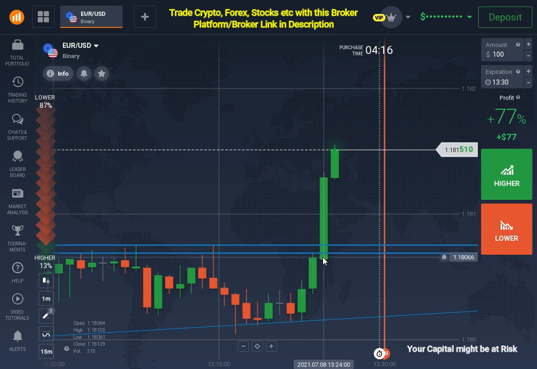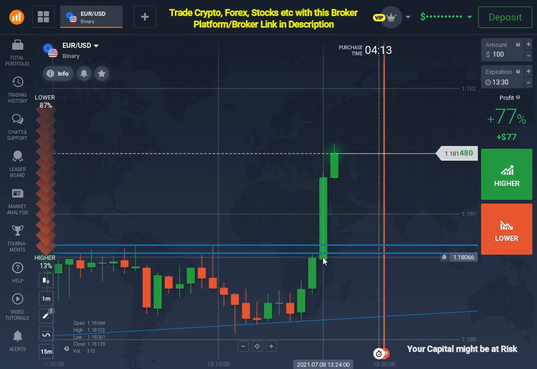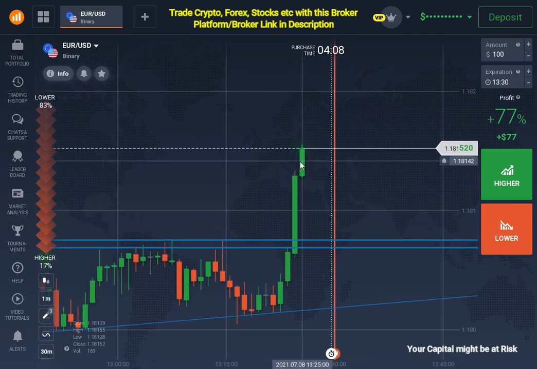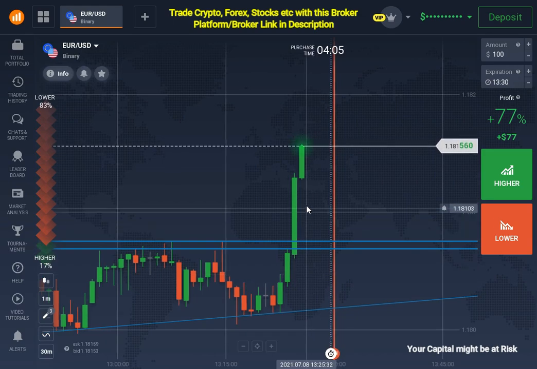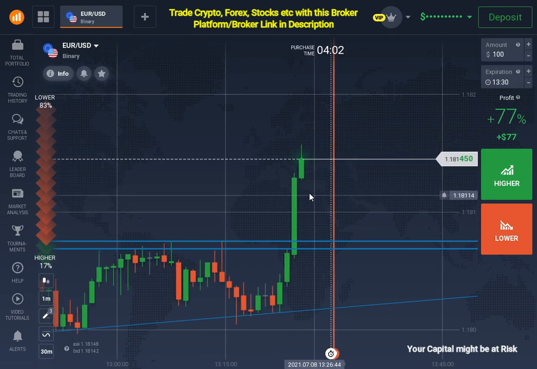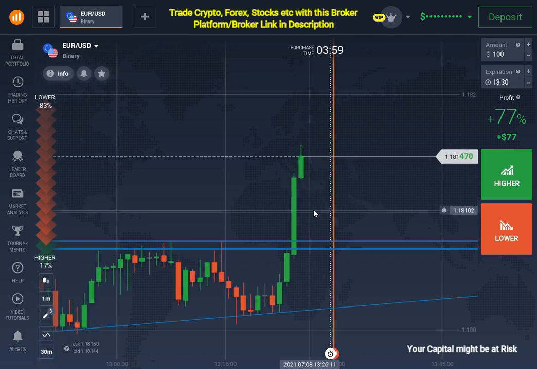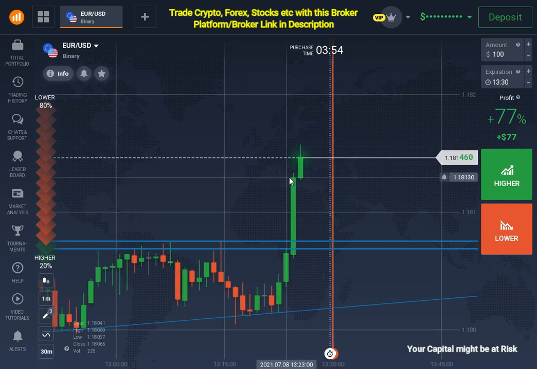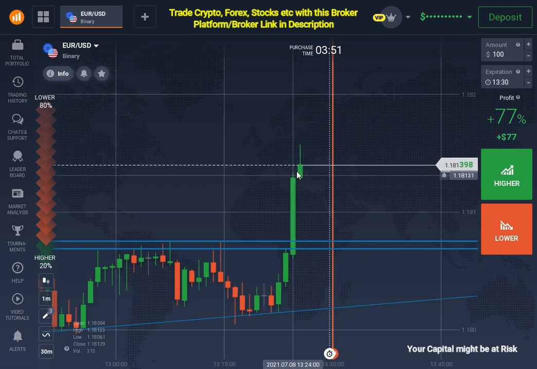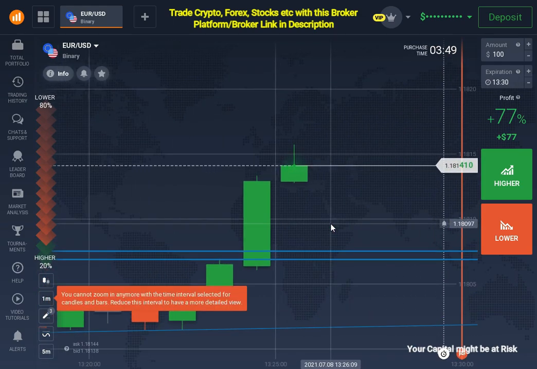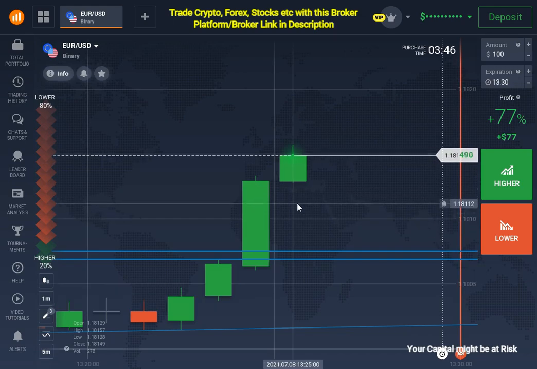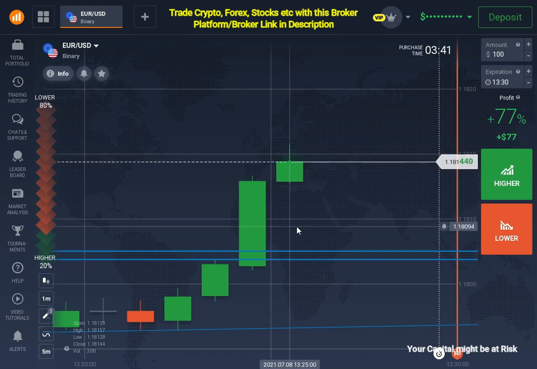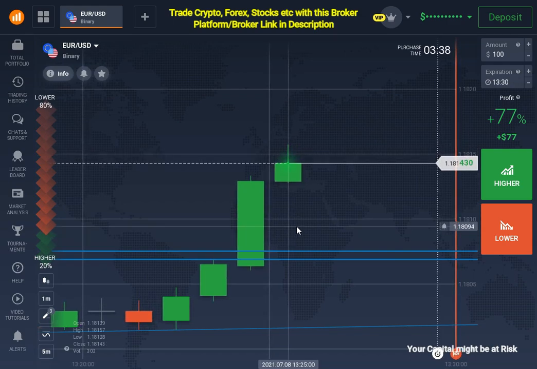The market has traveled a long distance and it can reverse at any time, so my strategy doesn't support these kinds of movements. I will wait to see if the market reverses and heads towards this level, and I will place my trade on these levels because they are much safer than placing a trade over here. The market is still going upward, but I need some rejections from the upper side so that I can enter my trade. Let's see if we can get an opportunity.